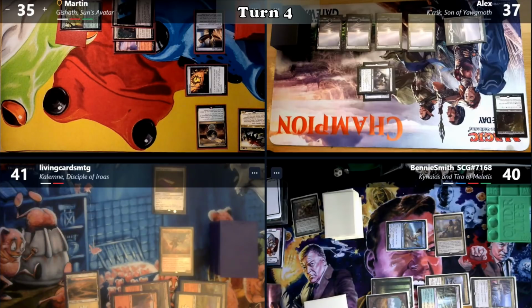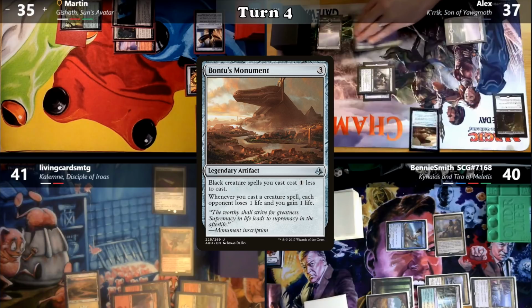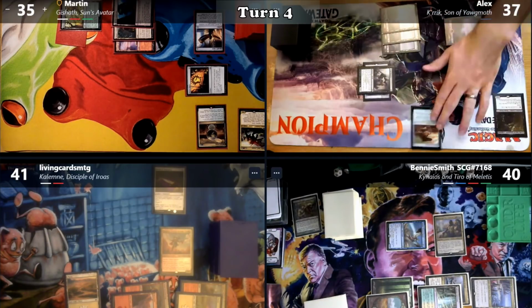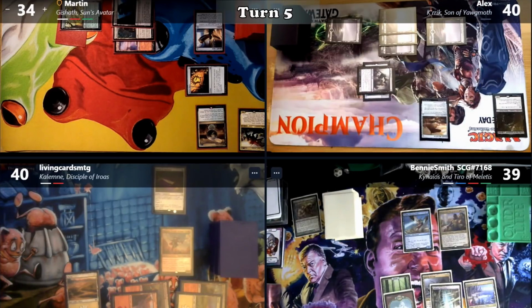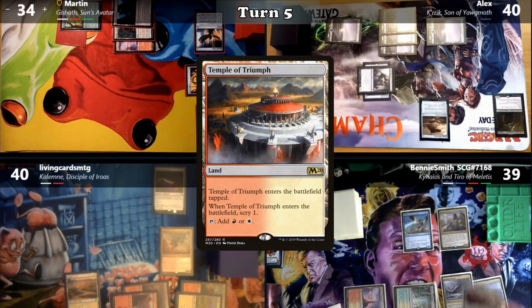In my second main phase, I cast Bontu's Monument, paying 1 for Thrall Parasite's Extort ability. Each of my opponents lose a life, I gain 3, and then end my turn. Benny replays his Temple of Triumph, leaving the top card of his library where it is, and then casts Crush